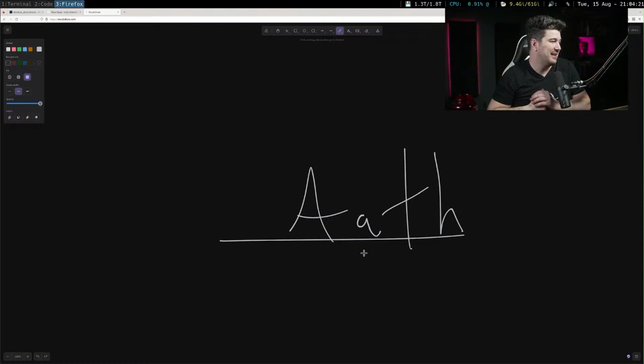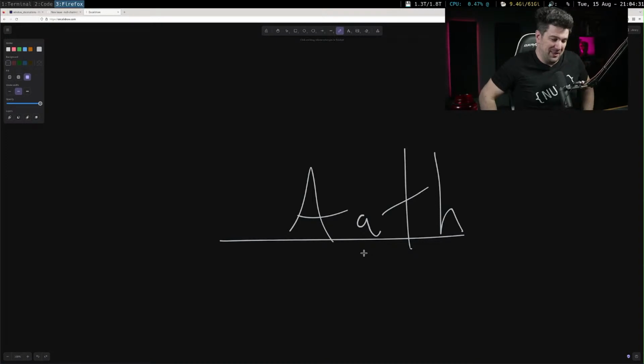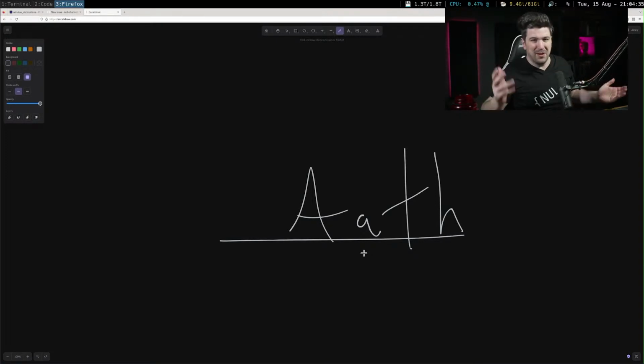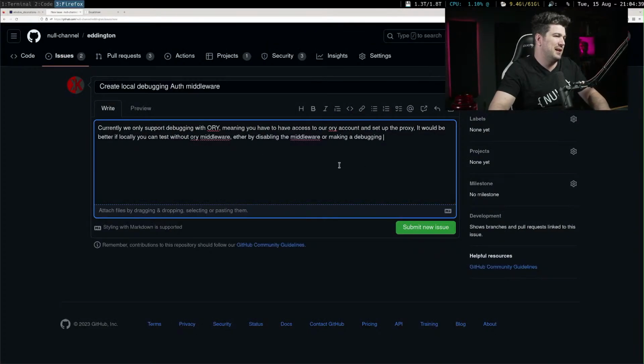Yeah, that's why I went with auth right away. It's been a pain as it is. Auth is always a pain because it's like, oh, well, it really wants you to be at the right domain. And you're just like, well, I'm debugging locally. What do you mean? Yeah, so I think, and yeah, secure by default.